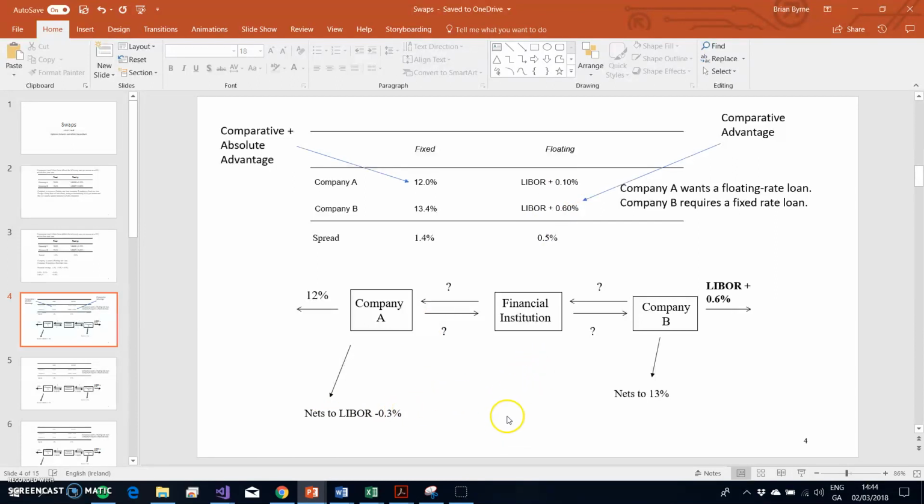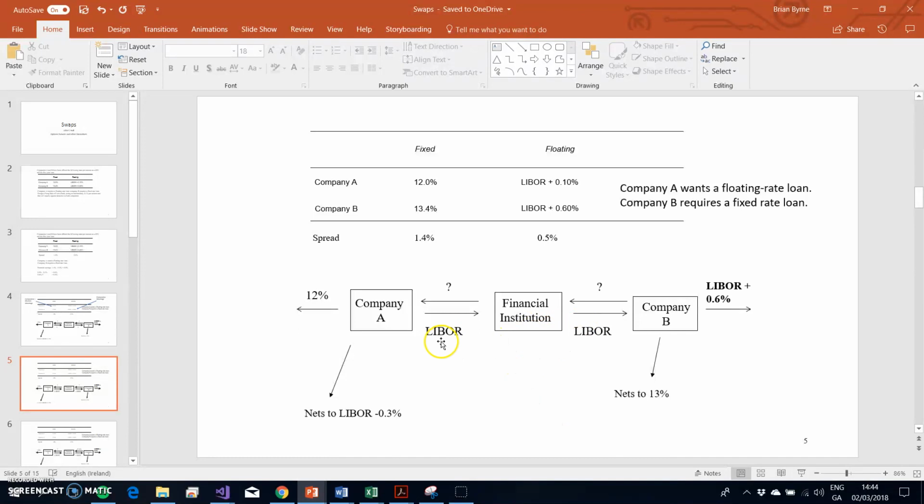Okay, so how do we structure this swap that's going to go on a few years? Well, first of all, again, this is not etched in stone, but purely by convention, we might say there is going to be a floating wing on this swap, and we just default to LIBOR.